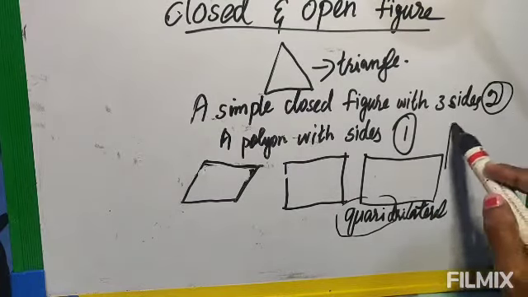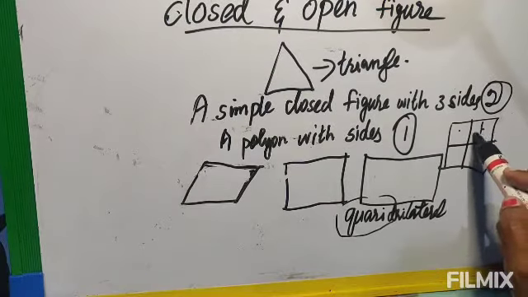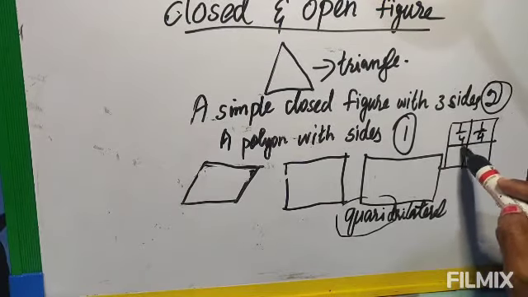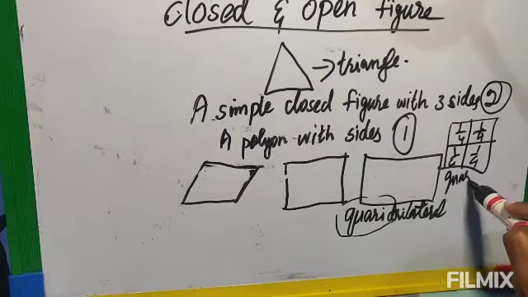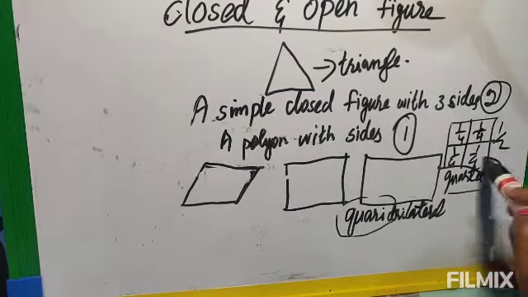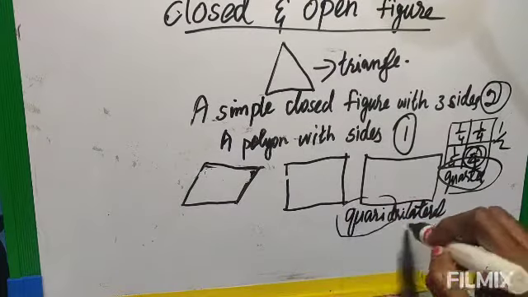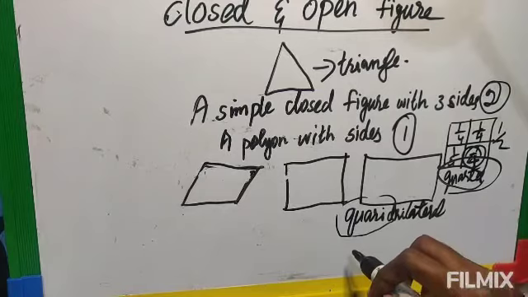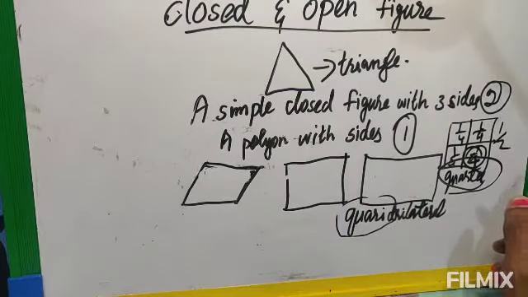In fractions you have learned, no? When you divide into 4, this one part is quarter, I told, no? So here you must remember the word quarter. Half means 1/2. So 1/4 is called quarter. Here it is divided into 4 parts, so here 4 sides. So 4 sides is called the quadrilateral. A polygon with 4 sides is called the quadrilateral. So there are so many quadrilaterals.